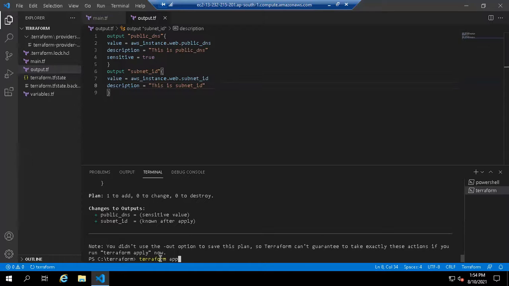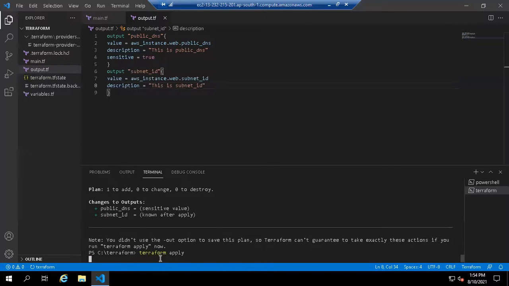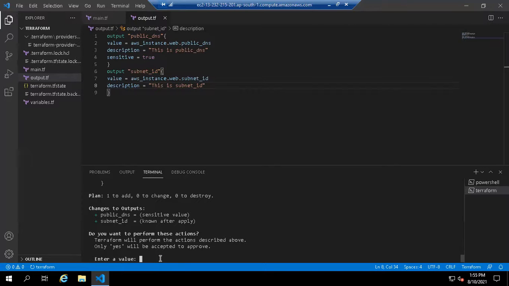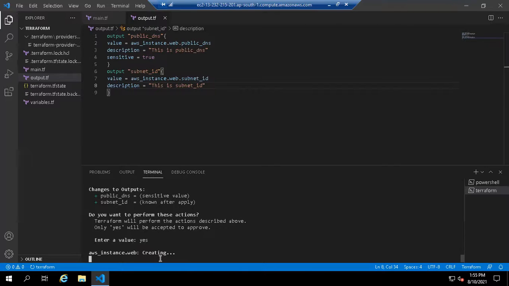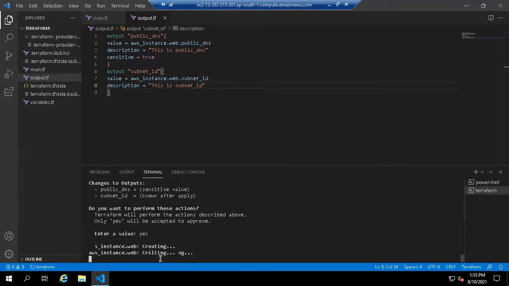So now terraform apply. So yes, it's creating the instance. Sometimes it can take some minutes.